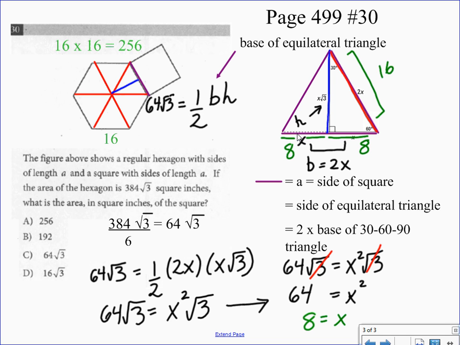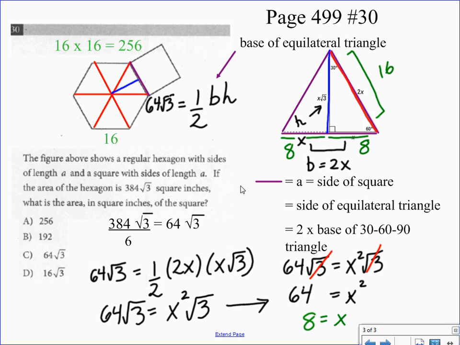Okay, so it says the figure above shows a regular hexagon with side lengths of A and a square with side lengths of A. So basically it's saying that this side length of A here is in common. It's going to be the same length for this hexagon and for the square. Okay, if the area of the hexagon is 384 times root 3 square inches, what is the area in square